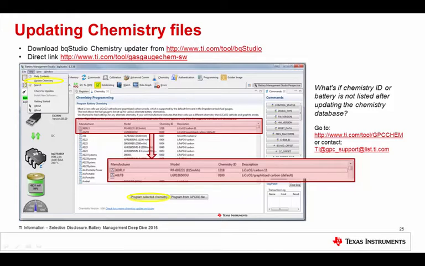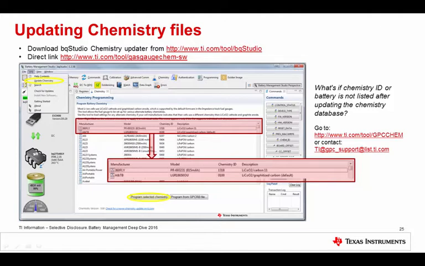In this case, for this gauge, you can see there's a list as you launch the chemistry plugin of all the manufacturers, the models associated with that, and the chem ID number, and then the description. One question I know that comes up is the chemistry ID, really, the number itself indicates a unique chemistry. So if you see multiple chemistries with a particular ID, and you're like, which manufacturer do I use, or which model number, they're all equivalent if the ID itself is the same. So you can select the particular chemistry you want, say program selected chemistry, and off it goes.